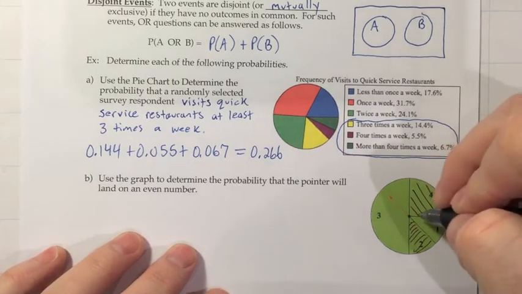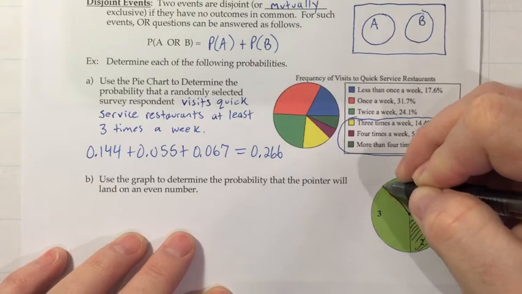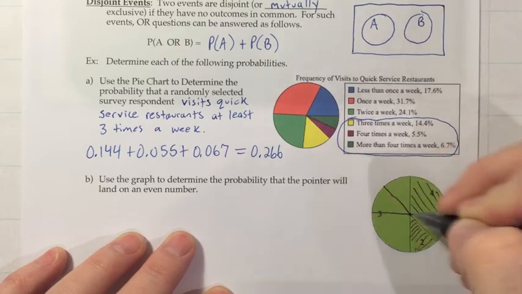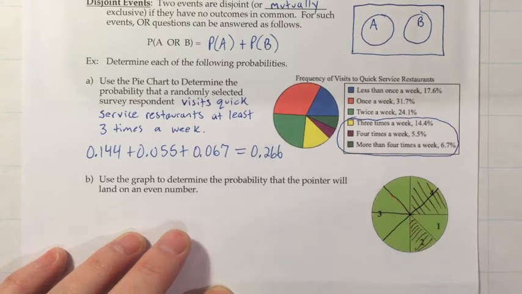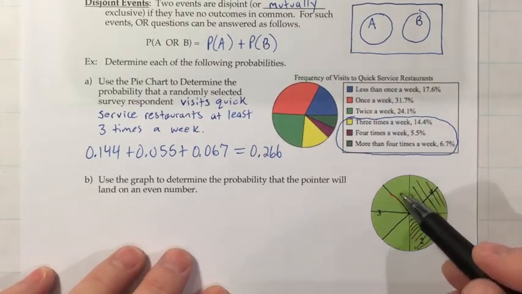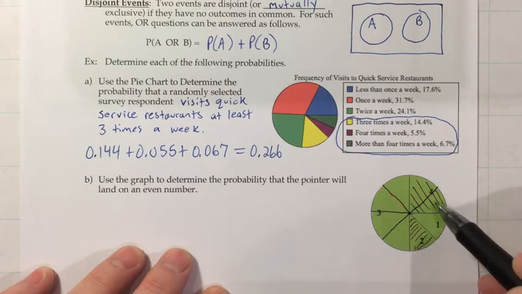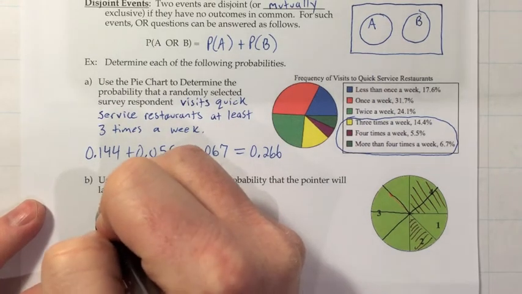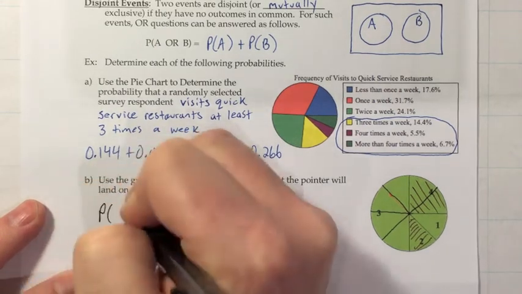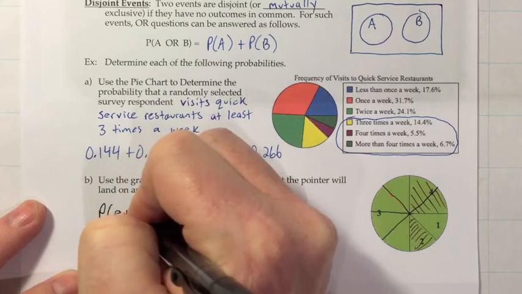So we'd want to chop it up like we did before, drawing in the extra lines to make all of these the same size. And when you do that, it looks like the size is 1, 2, 3, 4, 5, 6, 7, 8. So each one is 1/8. And then how many do we have shaded? Well, for it to land on the number 1, well, first of all, we could say this. That's the probability of an even number.